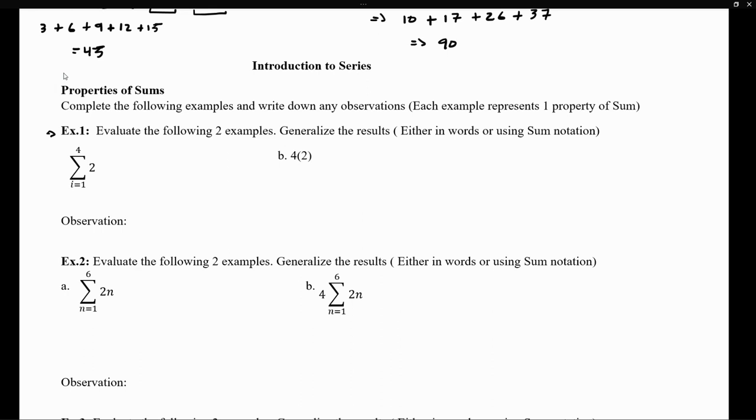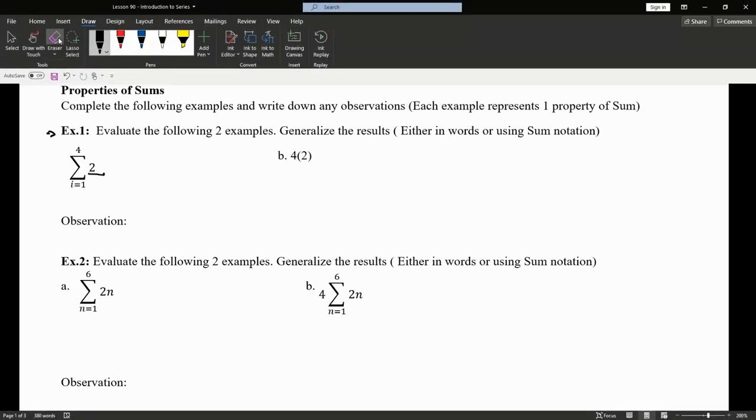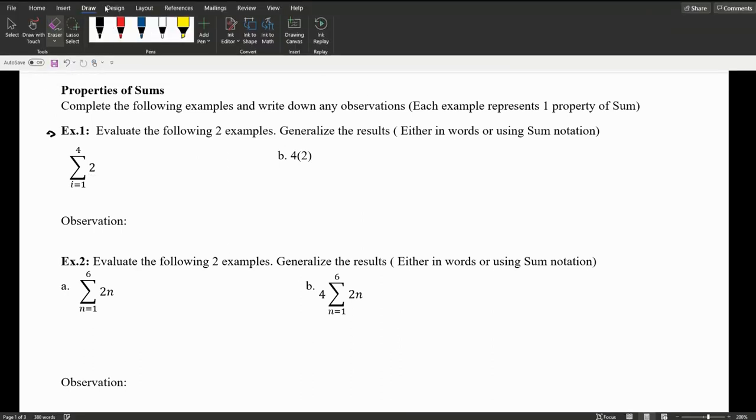Well, the first example that we're going to be looking at is when we perform a sum on a value. Notice that this doesn't have an expression. When it comes to the expression that we have in front of the sigma, there is no value to be substituting i with. So we're literally just summing, or adding, the value as many times as is needed. So the way that this is going to look is just